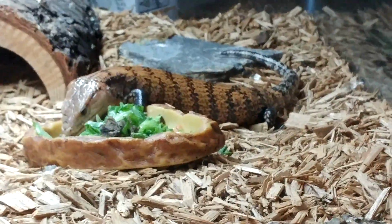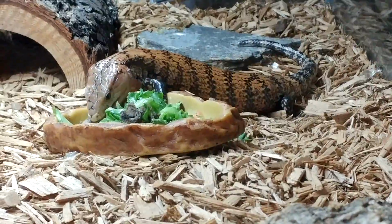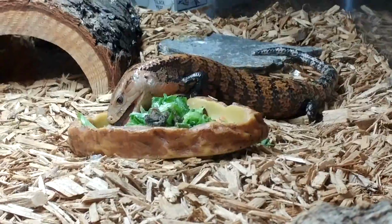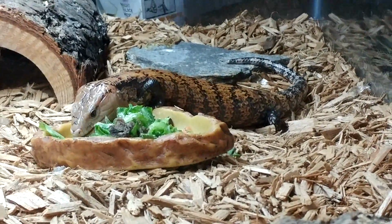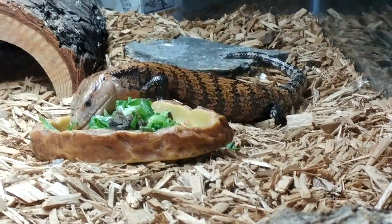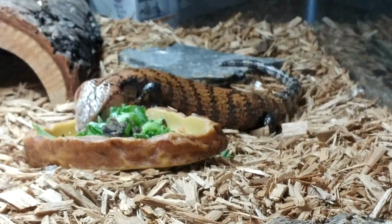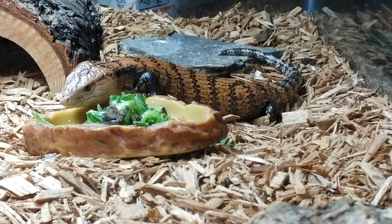Oh, also, I do mix a little bit of the powdered multivitamins for reptiles in his food once a week, but twice a week I give him just a little pinch of calcium in there. One time his UVB bulb did go out, and I didn't have it for about a week, so I just upped the dosage just a little bit so that way he would get a little bit more of the, well,